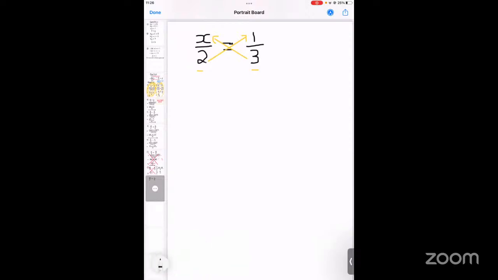Always make sure that the letter is on the left-hand side. For example, you end up having your x, which is multiplying with your 3,